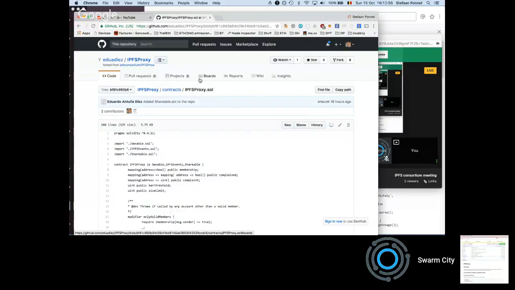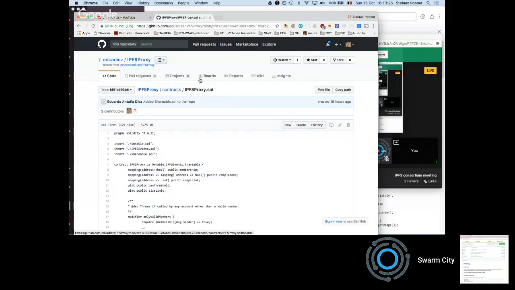So the idea of the IPFS consortium basically is that we can share resources with other projects. Other projects are also hosting their own IPFS nodes, and they even might have, just like in our community, community members that are willing also to support the network by running an IPFS node and to host data specifically for their project. So the idea was born of creating a consortium between different projects.